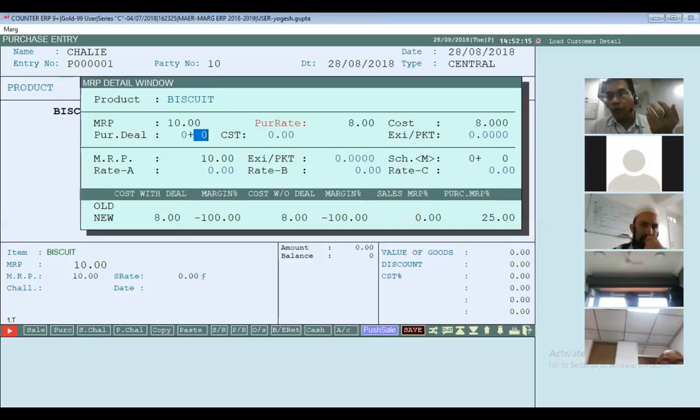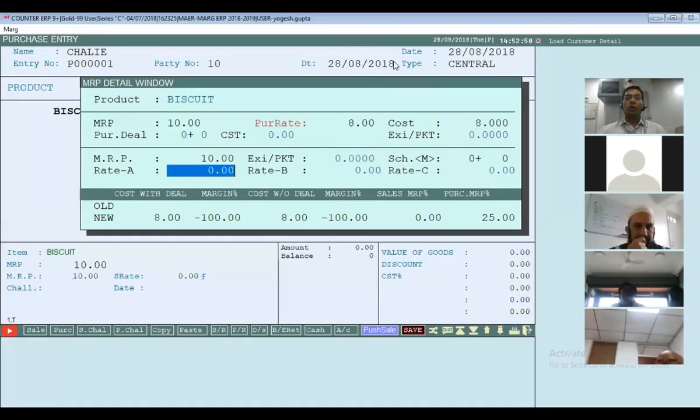It may be possible on the New Year occasion, to increase sales, the company says you purchase 5 packets of biscuits, we'll give you 1 free. But after New Year, maybe on 20th of January, they wind up the scheme. So in that condition, for the next batch of biscuits, when they are purchasing, they would not get any scheme. So the scheme would be implemented on the basis of batch, not on the basis of master. Again you can define that.